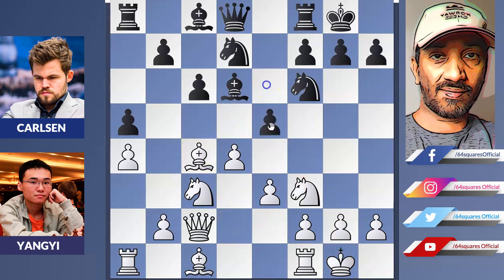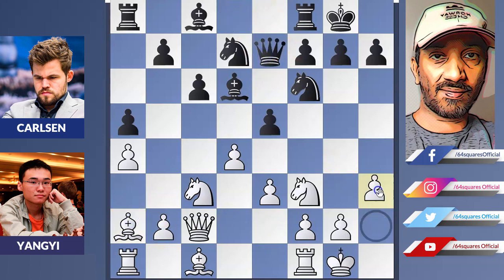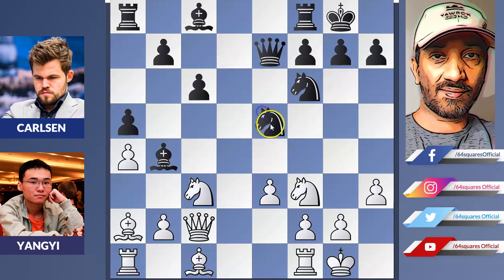Now bishop to a2, queen e7, h3, preventing the black knight on f6 from playing g4. Now comes bishop to b4, d takes the e5 pawn, and knight takes the e5, and knight d4 and c5 attacking the knight. Now knight db5,